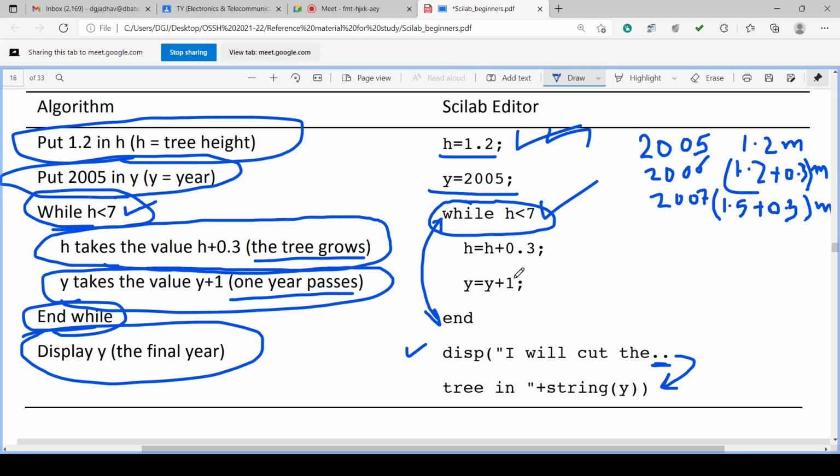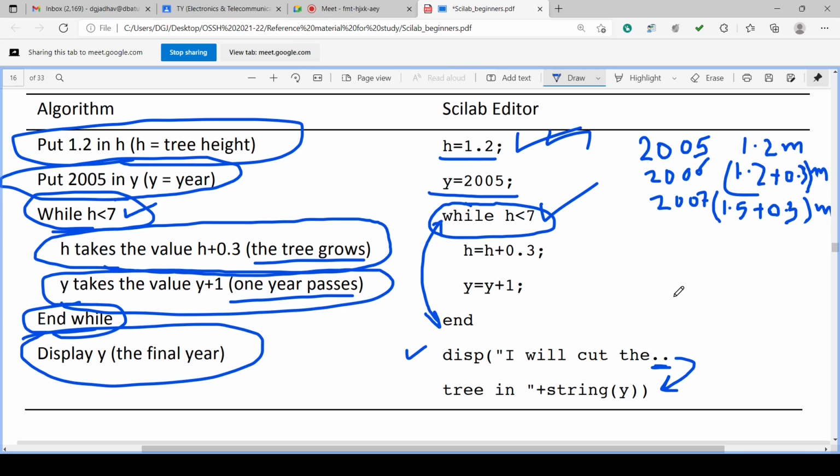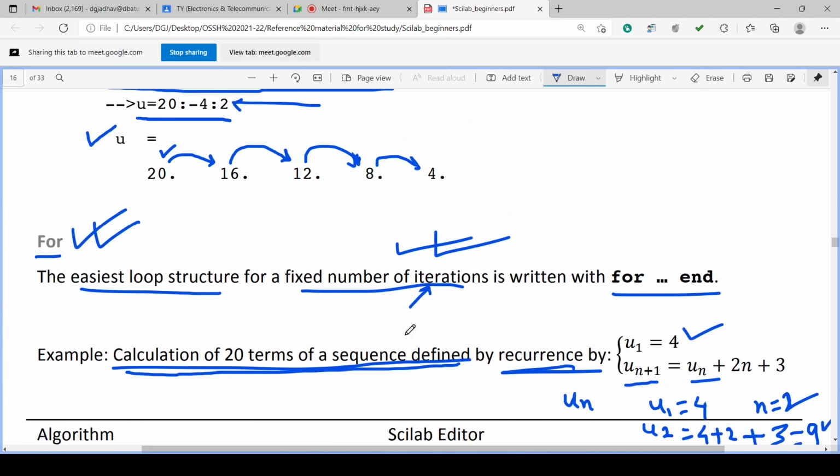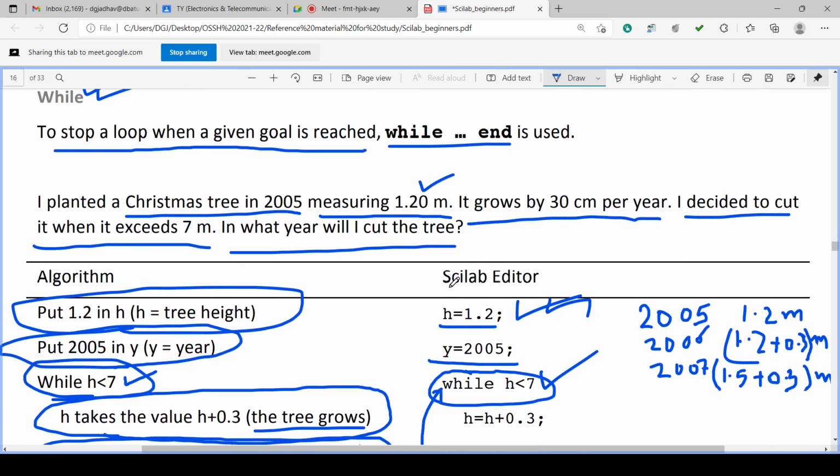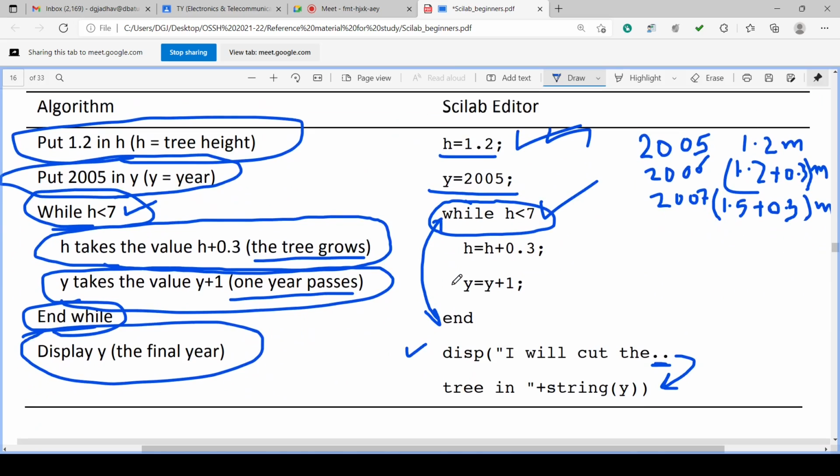As soon as h becomes 7, it will go after end. So this is not a fixed loop, whereas the for loop has a fixed number of iterations. It will check the condition and accordingly go on executing.